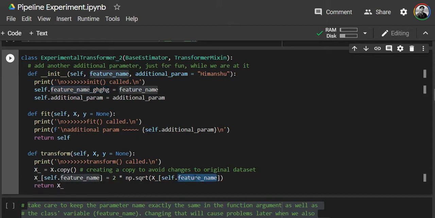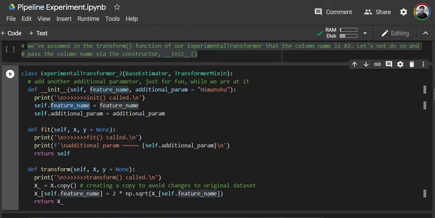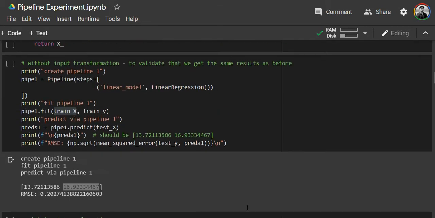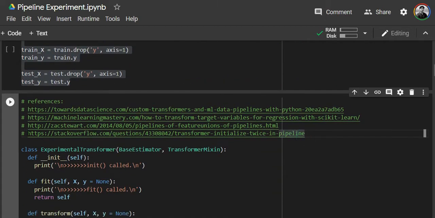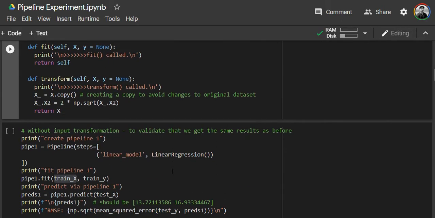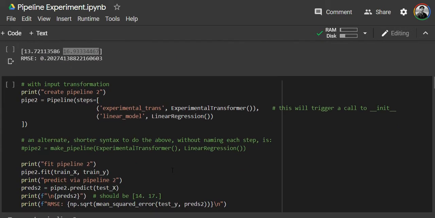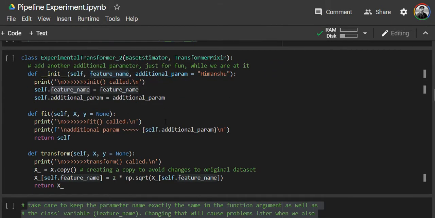But this will cause problems for you later on when we are using transformed target regressor. So my recommendation is to use exactly the same name. This problem was encountered and then was resolved thanks to this Stack Overflow question. So please make use of that. You can go through the link later to understand what the problem behind the scenes is.